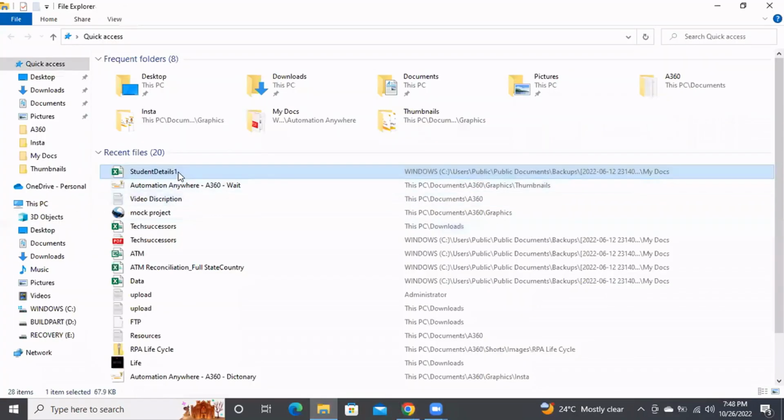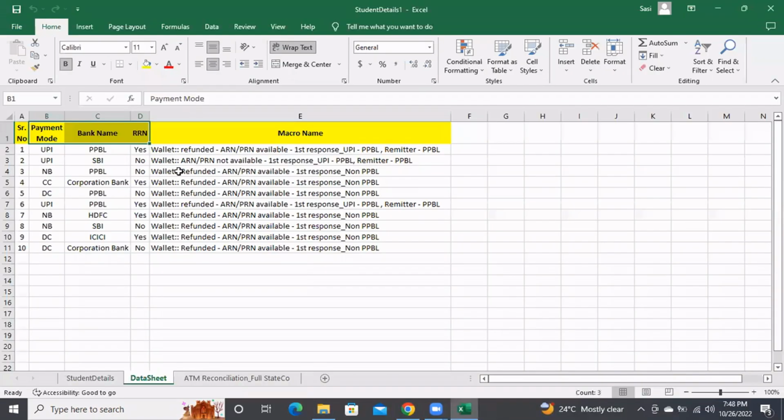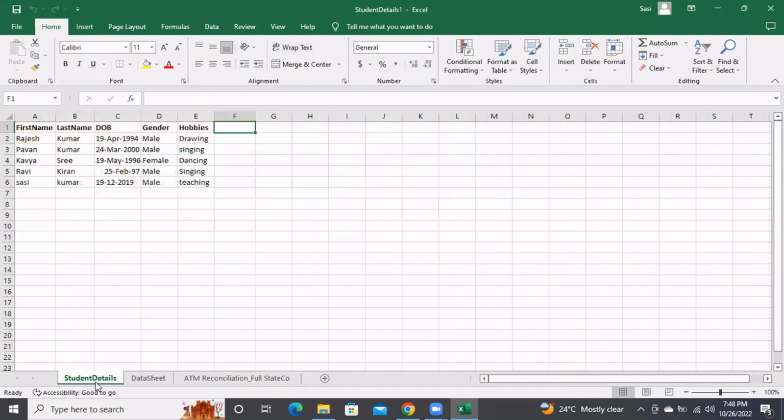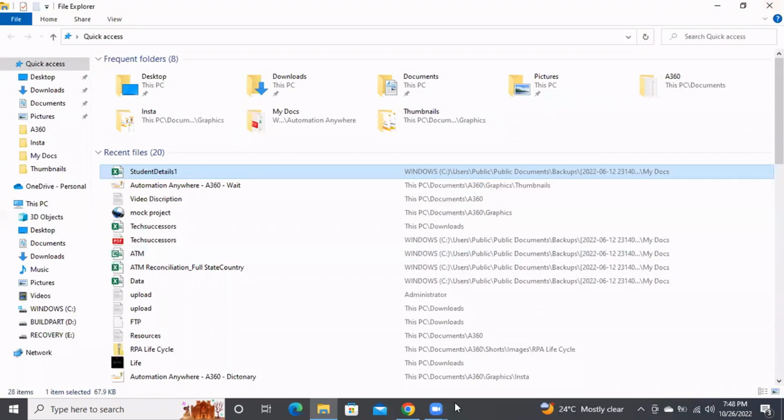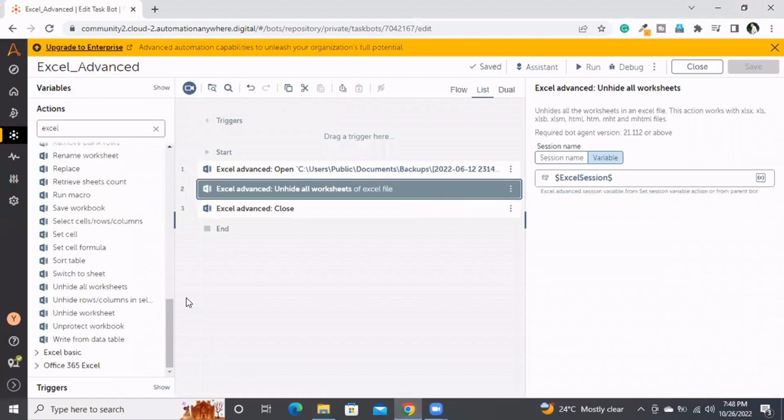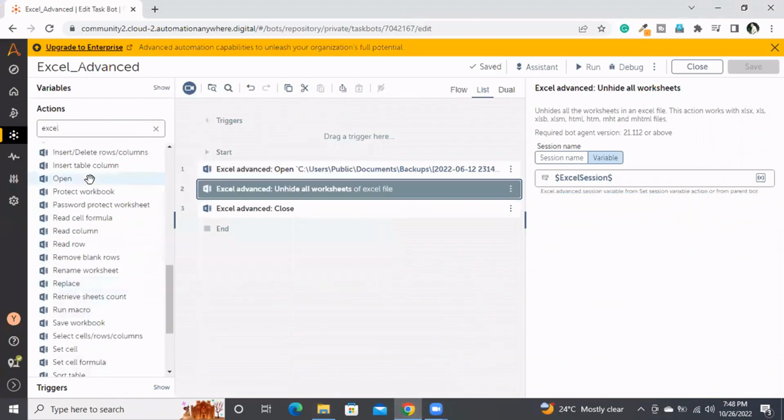Let's see whether that student details sheet has been unhidden or not. See, it's unhidden. So like this, we can deal with hiding and unhiding the sheets. Next,